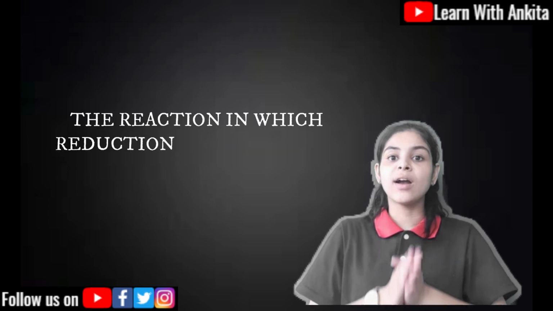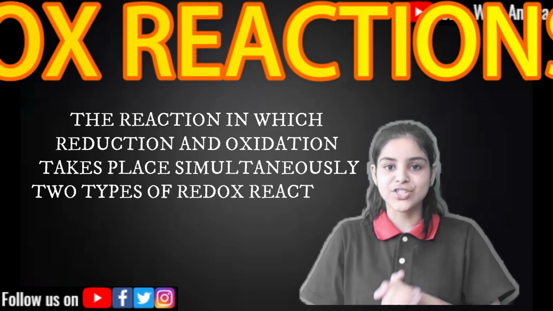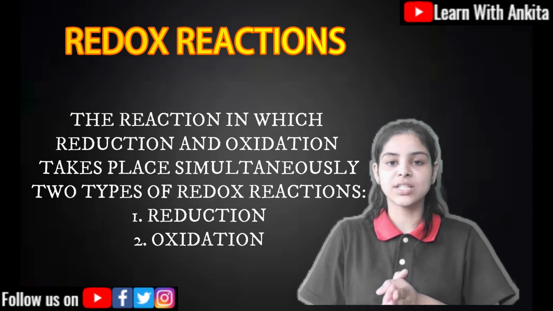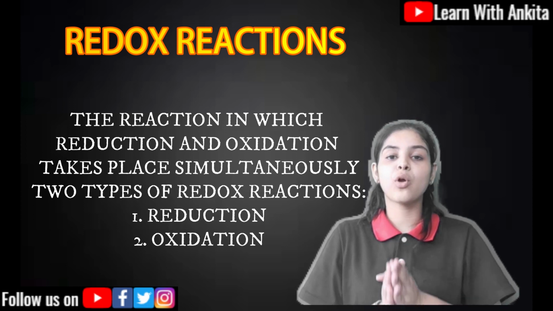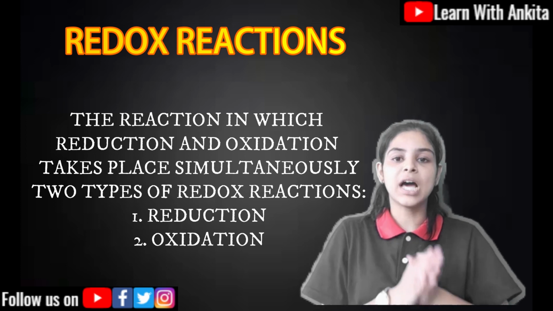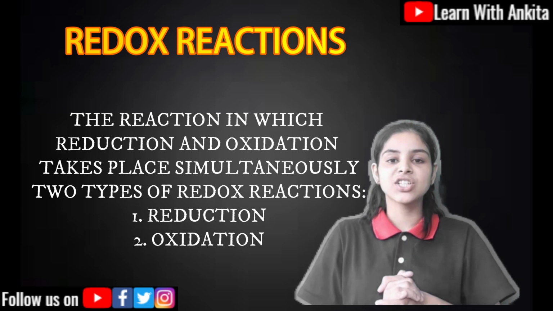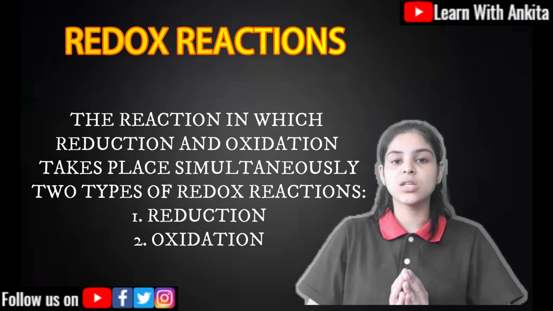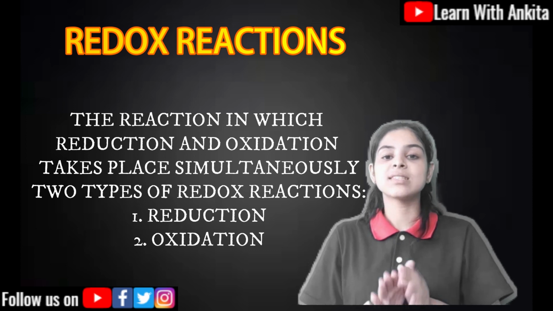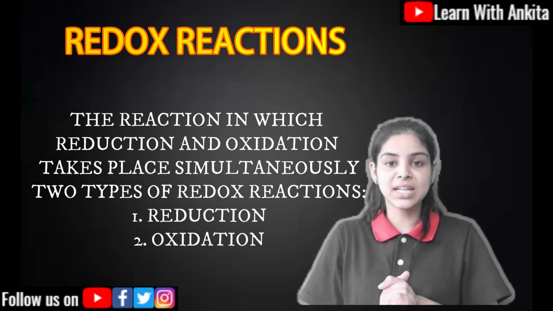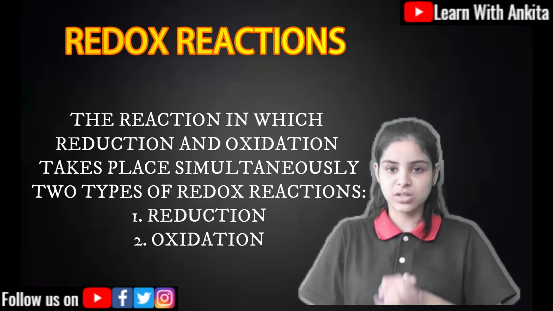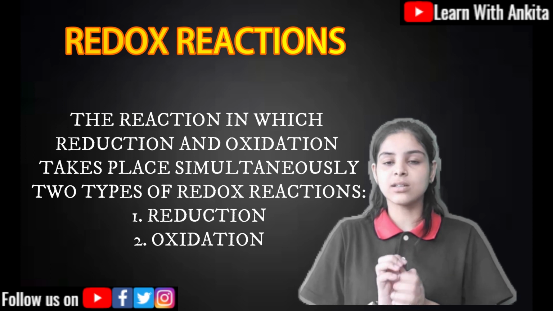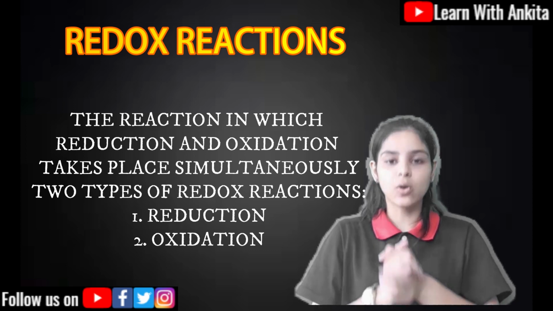If you know more examples, you can also mention them in the comment box. Now let's move on to our last type, the redox reactions. Redox reactions have two types, as I told you, reduction and oxidation. So redox has been formed from red and ox, from reduction and oxidation. Redox reactions mean the substance takes place oxygen and hydrogen, this reaction taking place simultaneously. Reduction and oxidation of the substances is going on simultaneously, that is the redox reaction.